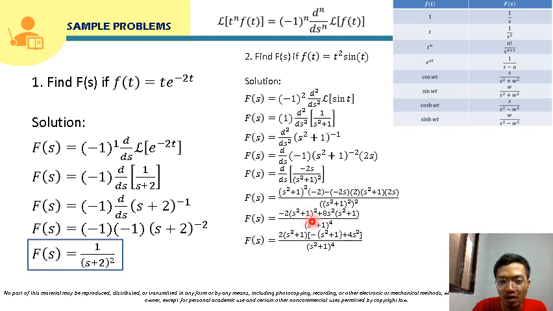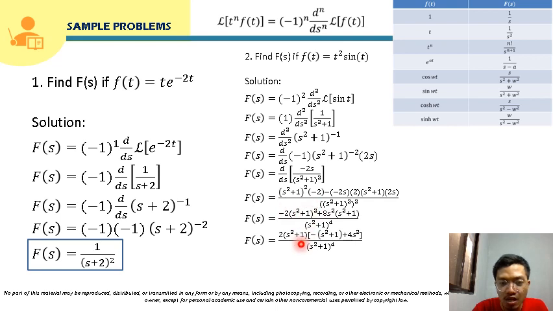Since we have 2 times s squared plus 1 squared here, and then 8s squared plus 1, both terms have s squared plus 1. So we can factor out 2 times s squared plus 1, since from 8s squared we can factor out 2, that will become 4s squared. So factoring out 2 times s squared plus 1, that will become